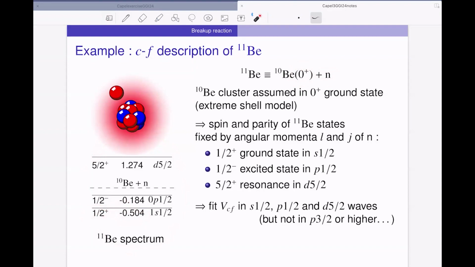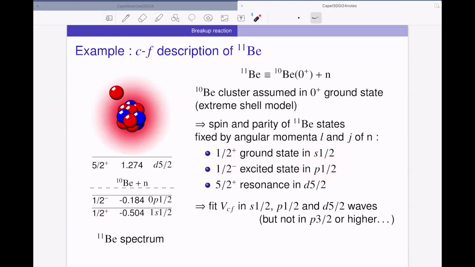And so it can be described as an S1/2. So we've seen what Tom Aumann showed and what we've seen this morning. The knockout reaction that he measured at MSU showed that it was most likely an S wave. The ground state was an S wave compatible with the value of a 1/2 plus. So the ground state, the system is bound in the S wave. The first excited state is also bound, and it's a 1/2 minus state, and it is therefore described in the